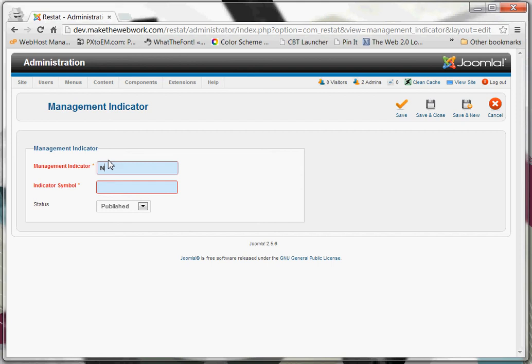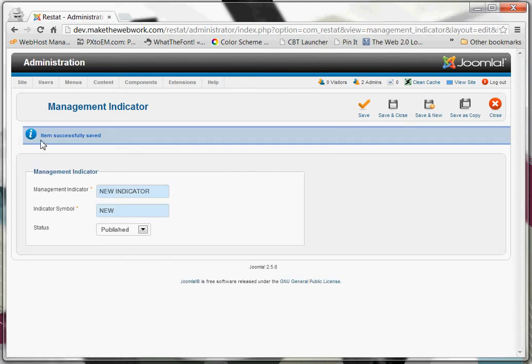If we were to create a new management indicator and click Save, you can see that our information has been saved and we've been returned to the exact same screen we were just on. From here, if we make changes,